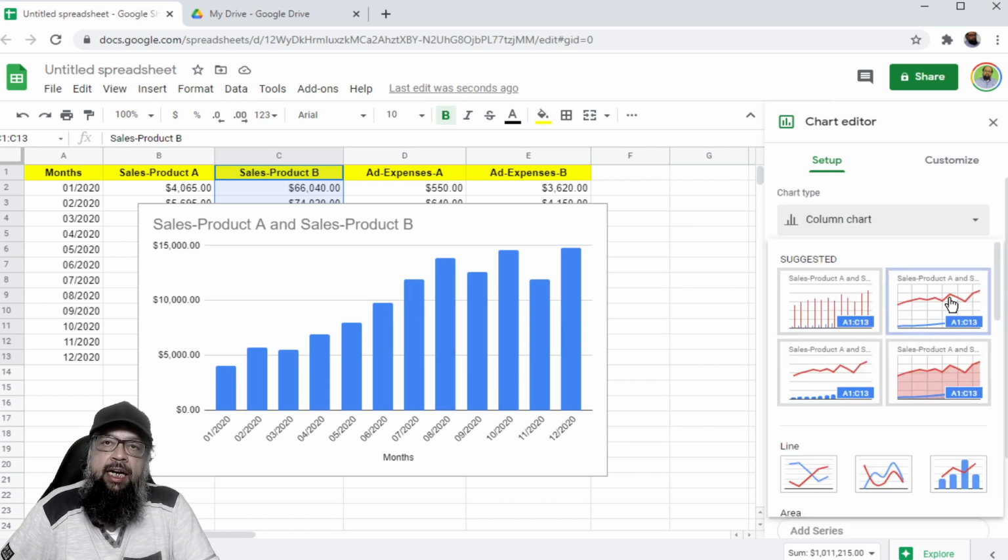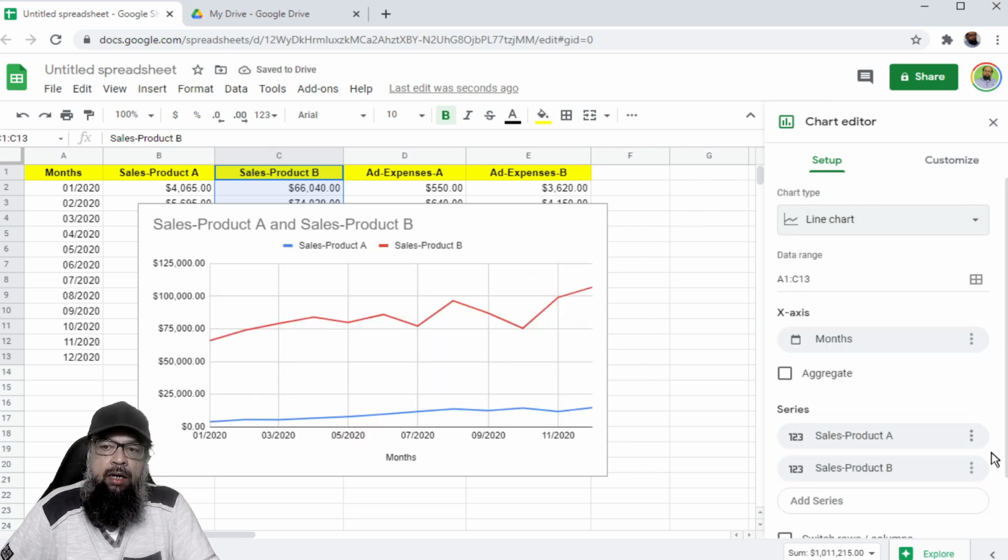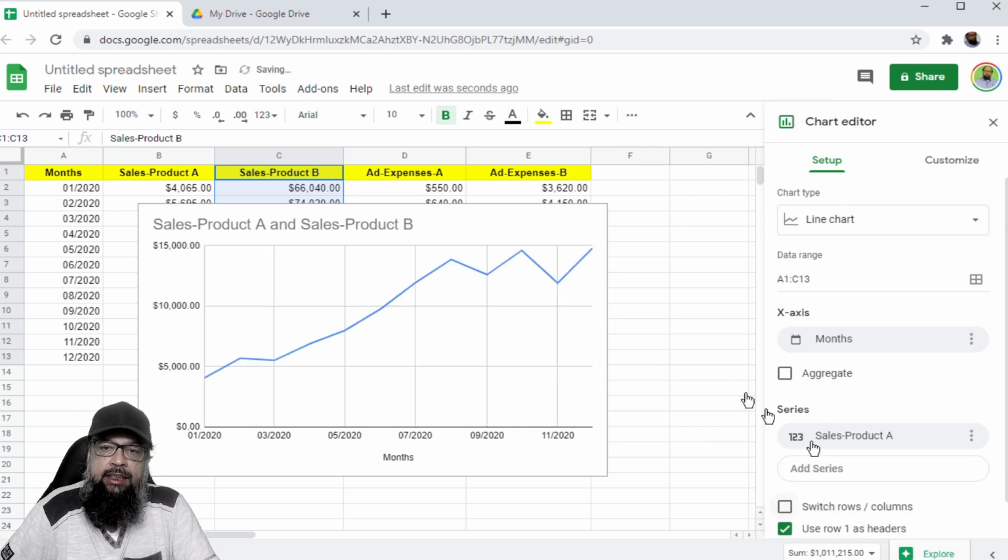Now let us select the line chart for these two series, and then I remove the second series because I want to show you some customization in this line type graph. And remember one thing, if you try to customize your graph and you mess up, simply delete the graph and create a new chart and do the customization once again. These are very simple options which I am going to explain, and if this video becomes more than 10 minutes, I will split it in two videos, and once you have watched these two, I am hoping that you should know how to make a graph in Google Sheets.